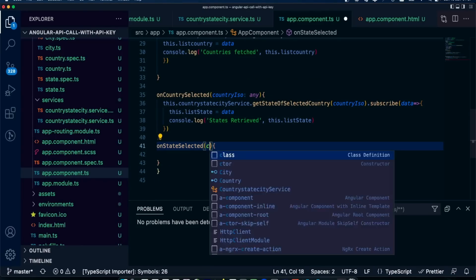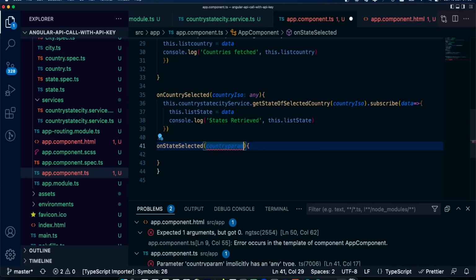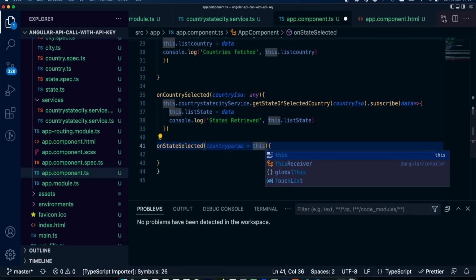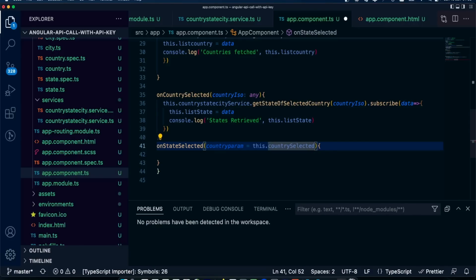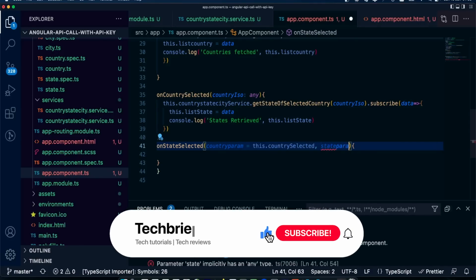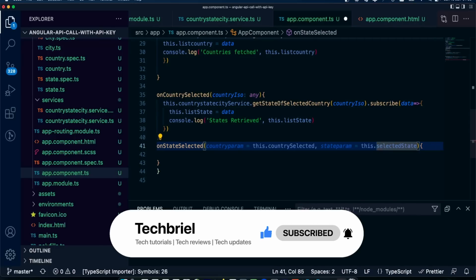So I'm going to call this country param, and this will be equal to this.countrySelected, and then I'm going to have the state param, and this will equal this.selectedState.